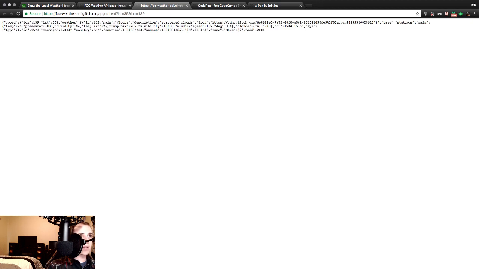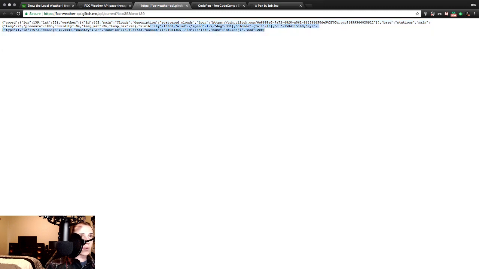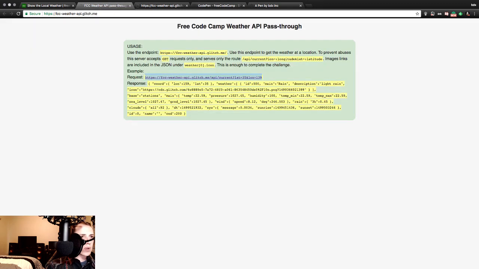We'll figure out, we'll dig through that. I'm sure there's lots of interesting things. In fact, I'm sure that is the source for what is currently displaying here. Response, coordinates 159 lat, weather ID 500, main rain, description light rain, so we can choose what we want to have